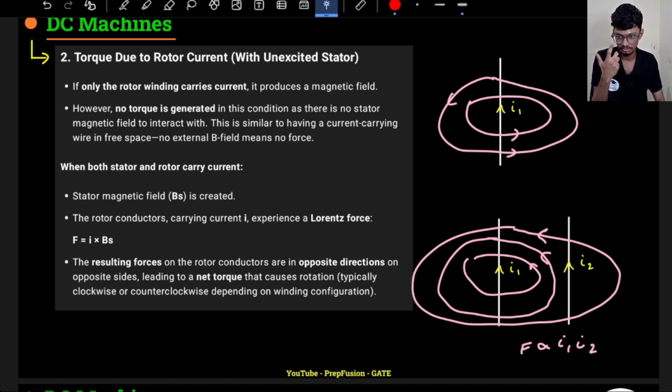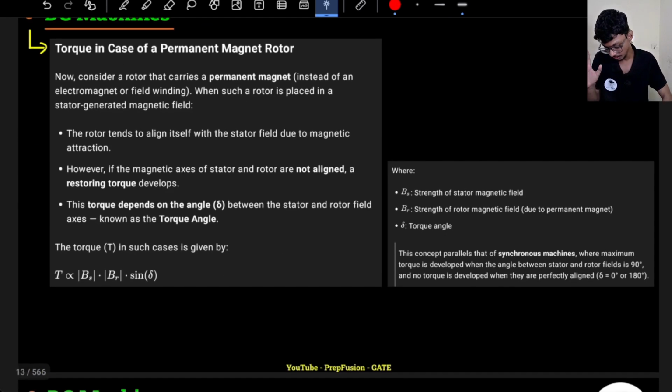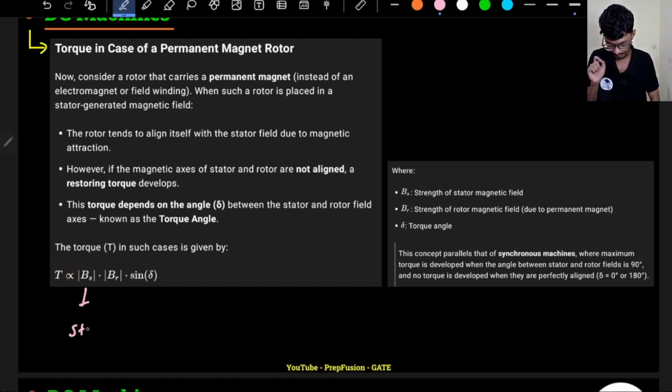Okay, this I hope you know already. So just giving you a brief idea, right? So I hope it is clear how a torque gets generated in a DC machine. Very important to understand how a torque gets generated. So torque will be proportional to the mmf of the stator. Stator mmf, like magnetic field, is proportional to the mmf only, because I know my flux is mmf upon reluctance, and my flux is proportional to the flux density. So I can write this as stator mmf,